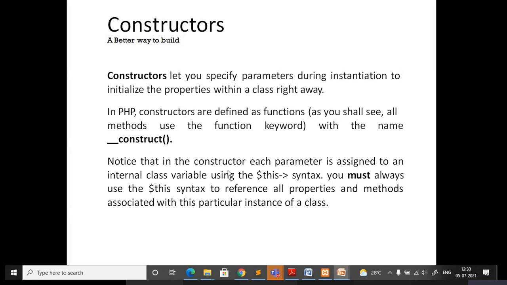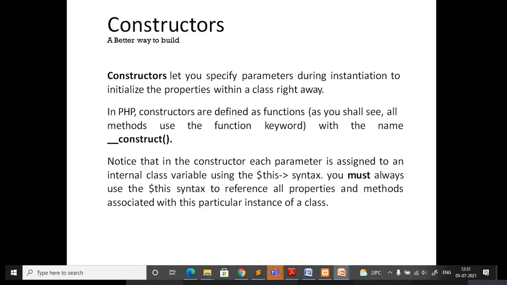Notice that in the constructor each parameter is assigned to an internal class variable using the dollar this syntax. When I use the term dollar this within the function, it indicates that with respect to that particular class, I am trying to access the methods and properties.